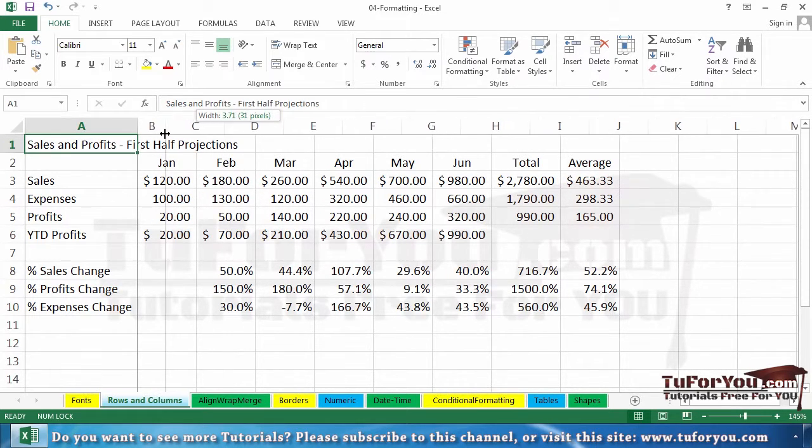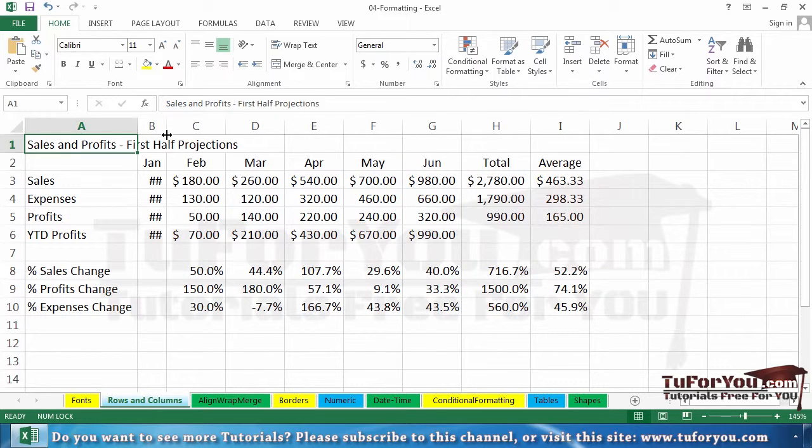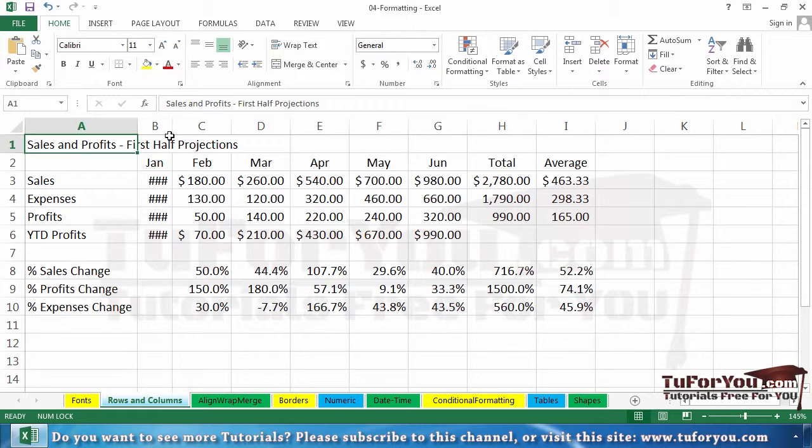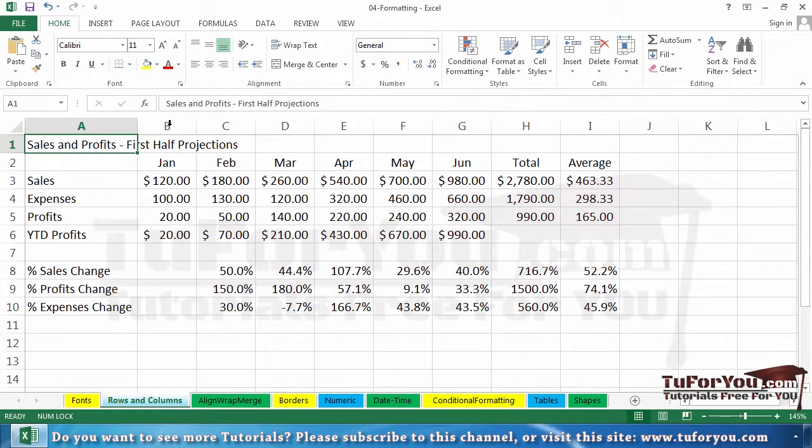If you make a column too narrow for the numbers to be displayed properly, you will see pound signs. A better solution sometimes is simply to double-click a boundary, and that means in effect, make the column wide enough to handle the widest entry. So we'll double-click. Now, if at a later time we happen to put a word here or a long